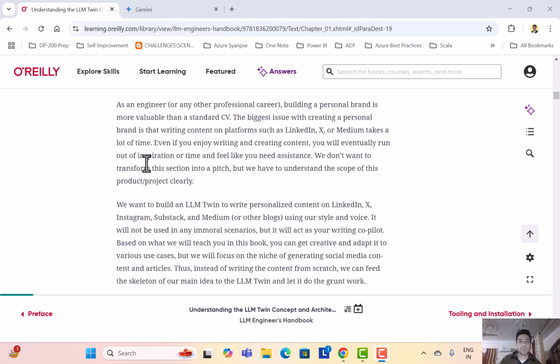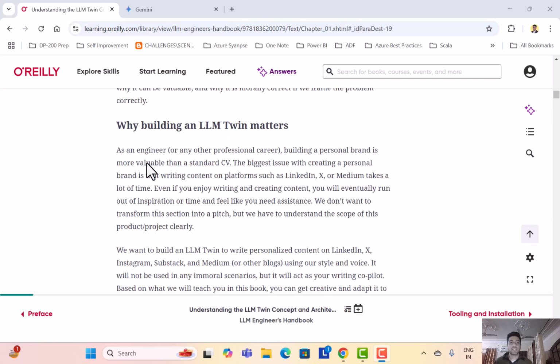We also inferred that when we build an LLM twin, it is going to write on our behalf on various platforms, such as social websites like LinkedIn, Instagram, X, or it could be used to write blogs on Medium. But how would it do it?